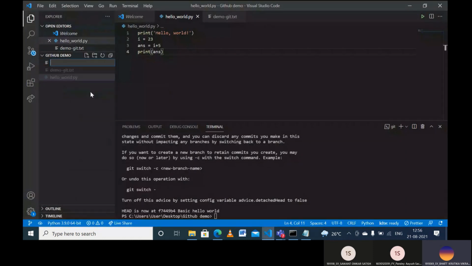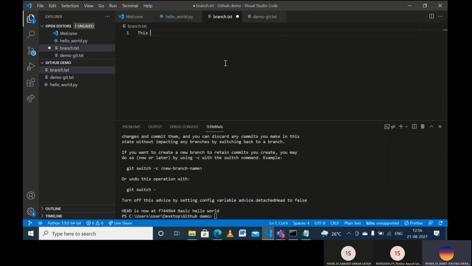Let's create a new file over here. Right now we are working on the master branch. Let's create a branch. So let's do git checkout -b, where b stands for branch.